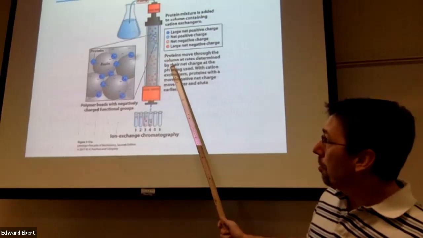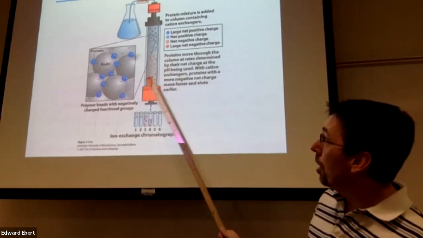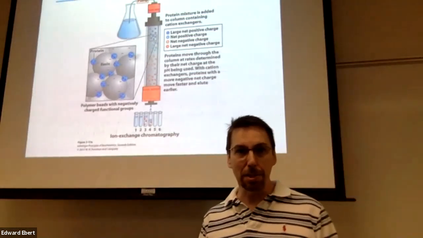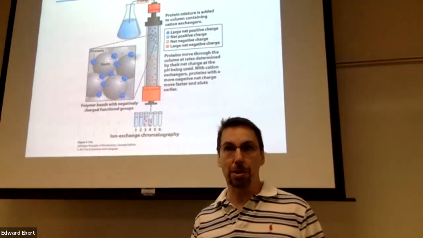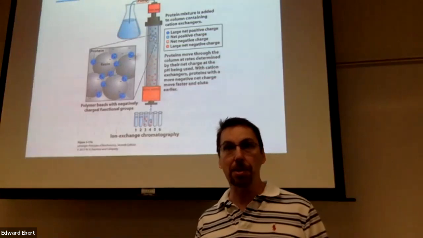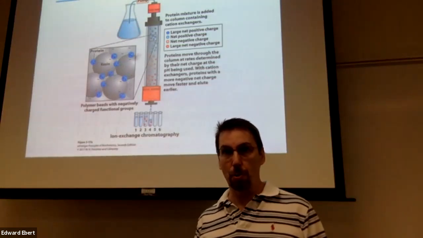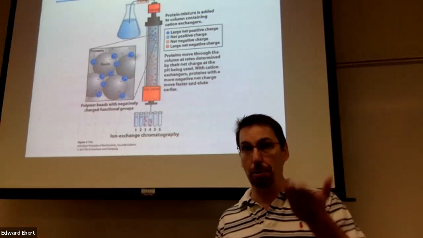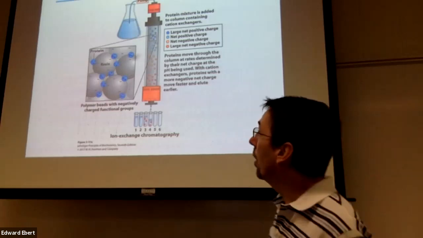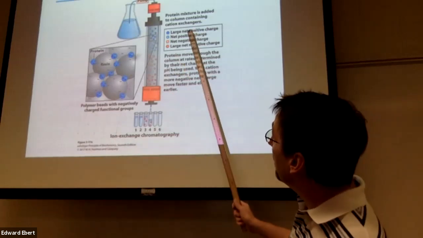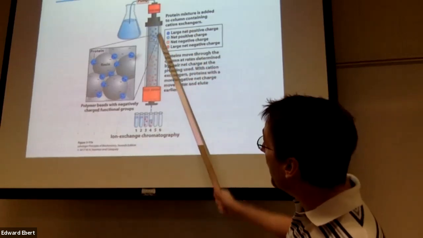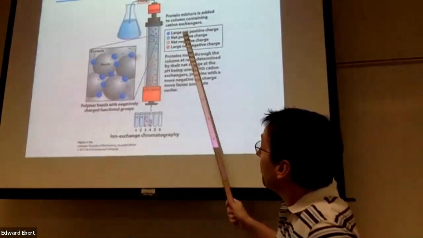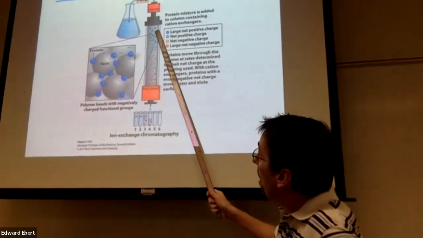Probably the most common, the oldest most common one is ion exchange, often abbreviated IEX, and this is going to be based on the charge. So of course, if we change the pH of our solution, we can change the charge of our protein in there, because we'll either be protonating or deprotonating our proteins. So in this case, if we have a negatively charged stationary phase in here, a bunch of negative ions in there, our positive